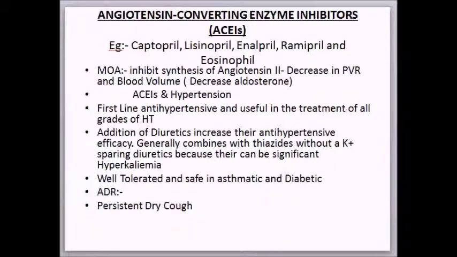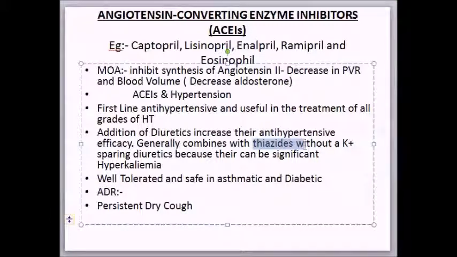ACE inhibitors and hypertension, they are the first line antihypertensive and useful in the treatment of all the grades of hypertension. Addition of diuretic increases their antihypertensive efficacy. They are generally combined with thiazide without potassium sparing diuretics, because there can be significant hyperkalemia. But if you combine thiazide along with ACE inhibitors, you don't have to give the patient potassium sparing diuretics, because one of the effects of ACE inhibitors is that it